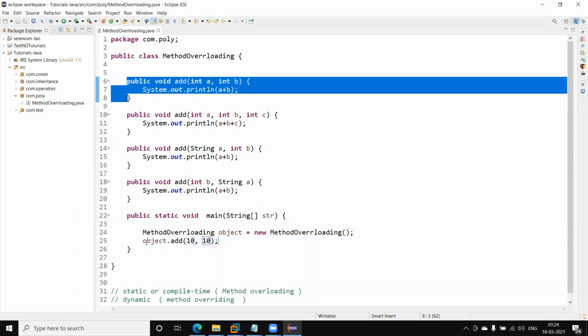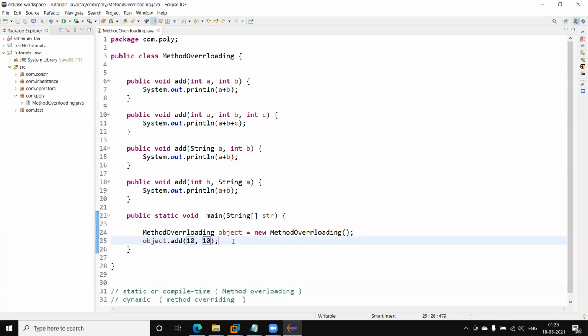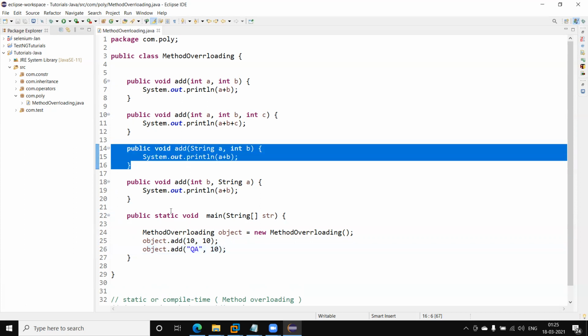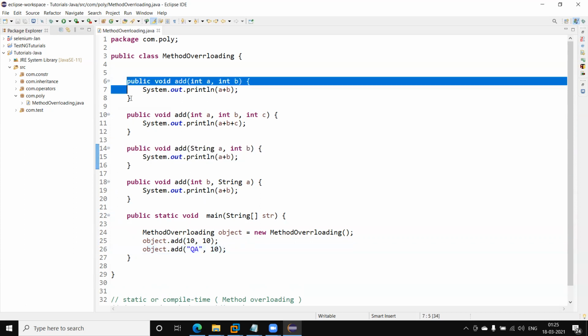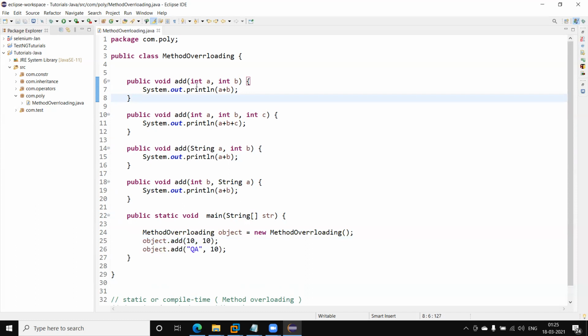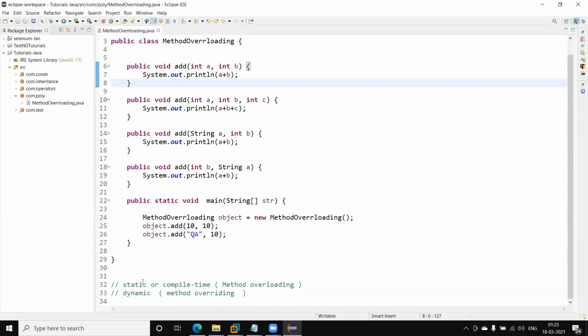Similarly, if I pass one string and the other an integer, then in that case this method will be called. If we make any mistake, then at the time of compilation it checks which method is going to be called. That is why it is known as compile time or static polymorphism.